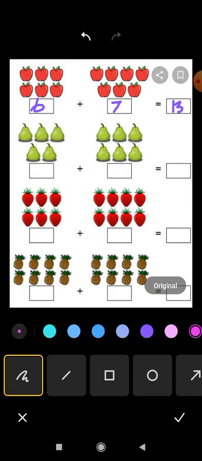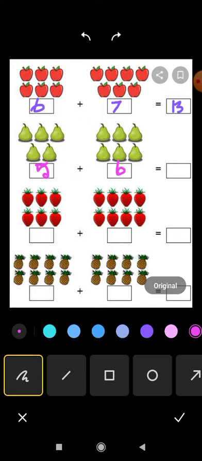That is the bottle that was given. So how many pictures are there? We are going to count it. Start counting, my dears: 1, 2, 3, 4, 5. So the total is 5. Okay, so write it in the box. Answer 5. On the right side: 1, 2, 3, 4, 5, 6. So how many are there? 6. Okay. So now we are going to add those two given groups of objects.